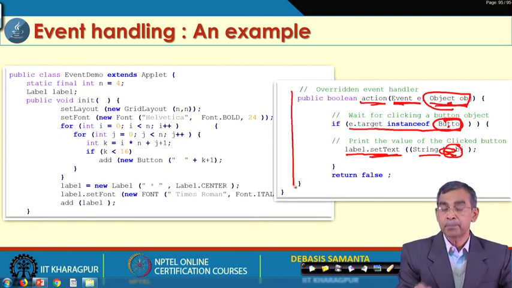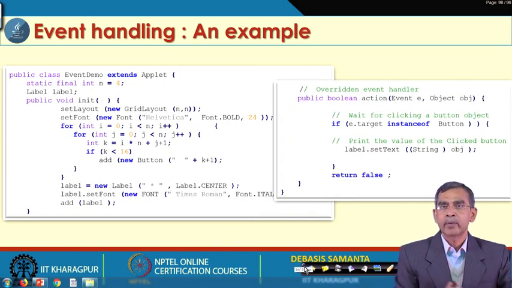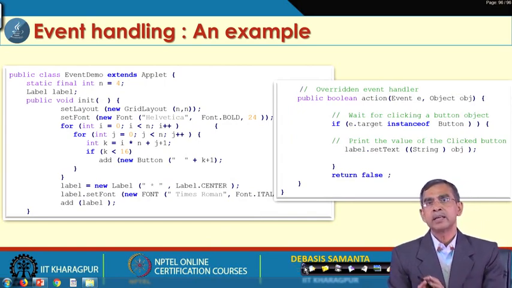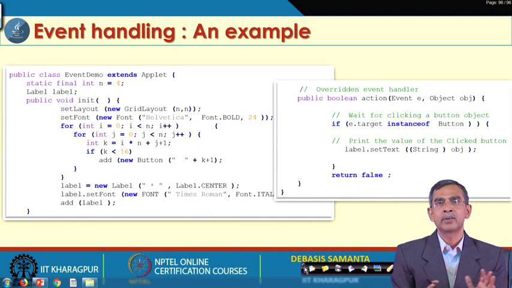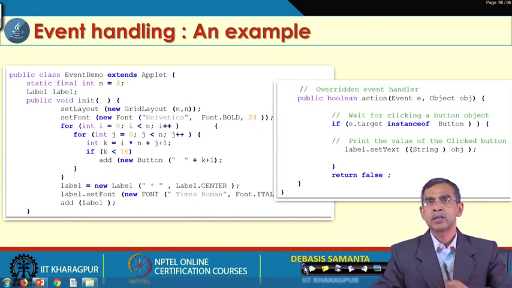And this is very simple, the action method which has been overwritten here, and that is all. And once it is done, your program is ready for working. So, that program output, as we have already shown, it will give it.